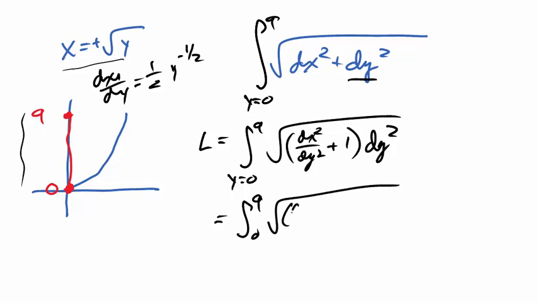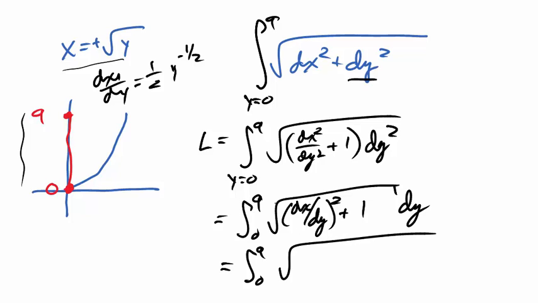of dx dy this time. Last time I had dy dx, this time I've got dx dy squared plus 1. And the dy squared comes out of the square root and is just a plain old dy. So the dy matches with my bounds being in terms of y. And I have already computed up above that dx dy is 1/2 y to the negative 1/2, squared, plus 1